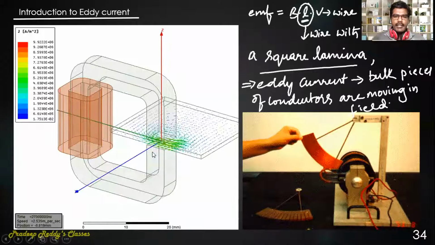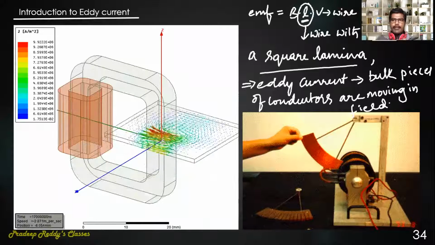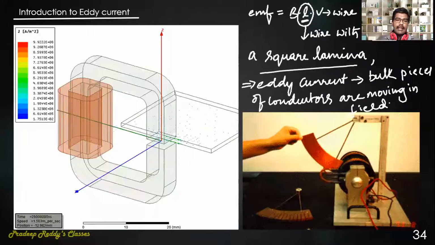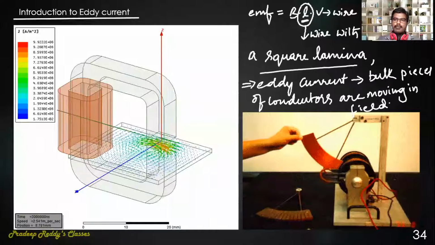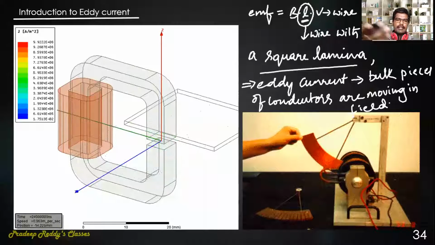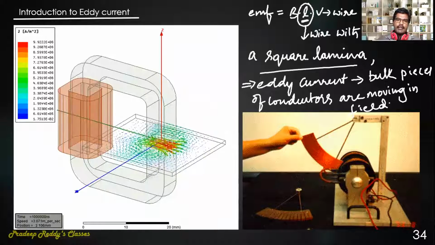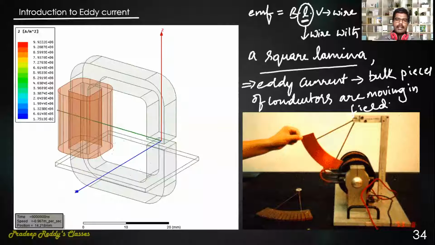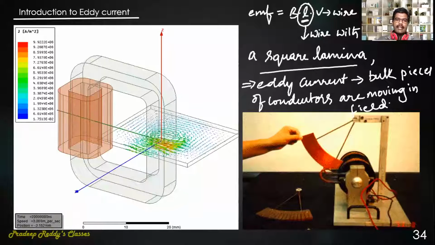See, you are taking a square lamina. It's not a wire. It is a plate-like structure. It is a lamina. That lamina is moving in between the north and south poles of the horseshoe magnet. It is a horseshoe magnet, and in that horseshoe magnet, the lamina is moving horizontally. Because of the motion of that lamina, clearly you can understand that the EMF is induced, resulting in eddy currents, and